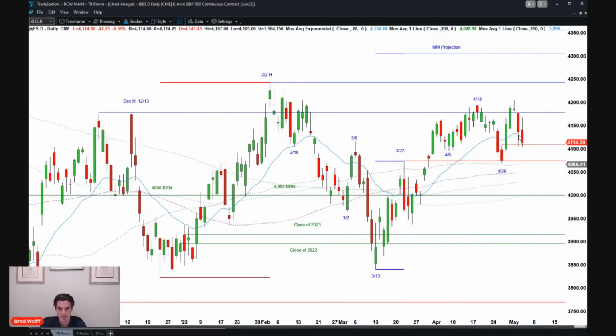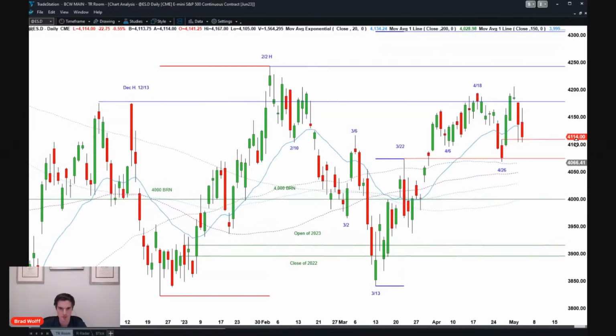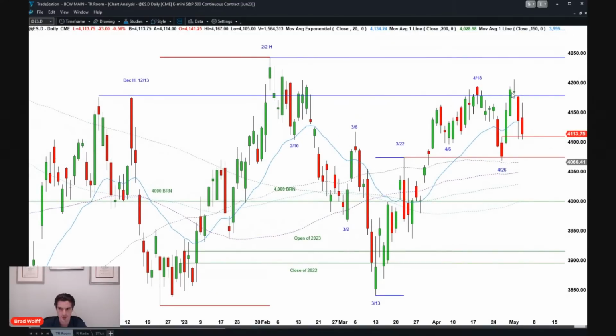So we had a big sell-off and we pulled back. This is the daily chart, and you can see a fairly deep rally, second leg down. And if you're a bull and you bought anywhere up here,